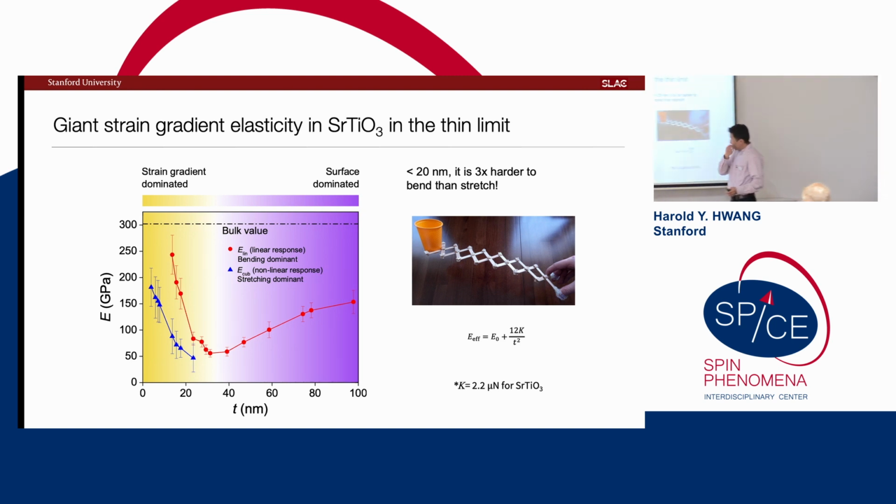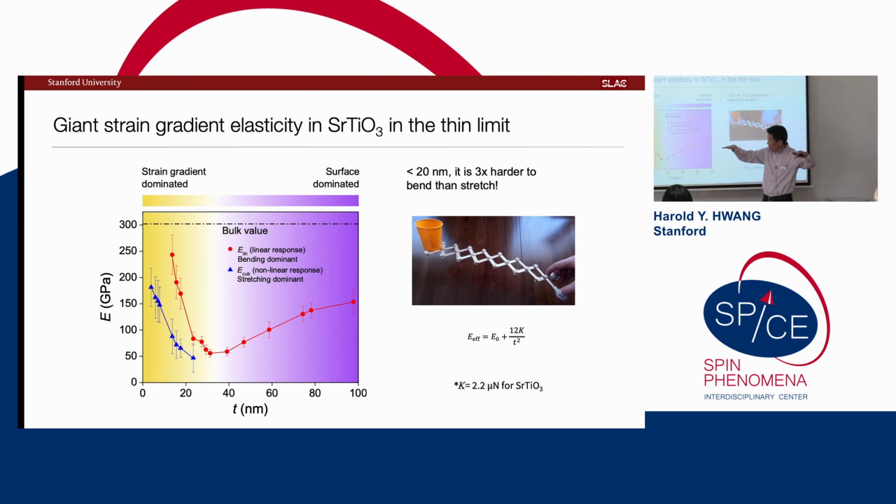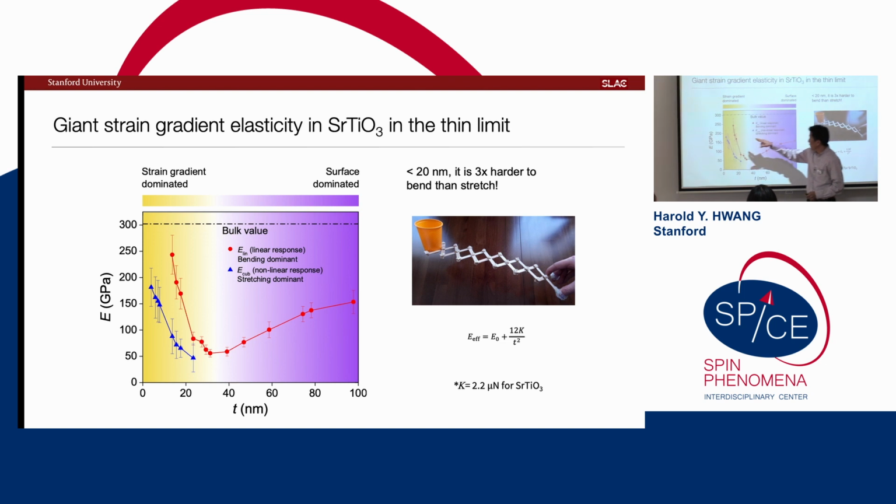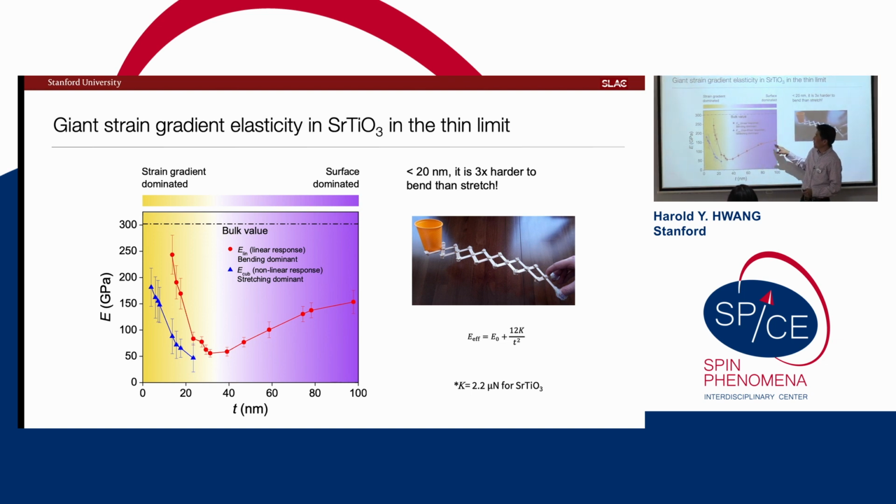So here's the bottom line. This is just a series of strontium titanate membranes that we went from thick to thin, and we've tried to measure the Young's modulus. When it's very thick, we can only experimentally access the linear response. And we see something that's fairly universal, a softening of the Young's modulus from the bulk value. But then we find something very strange. The linear response does a U-turn, and we have a relatively large splitting between the linear and cubic response.